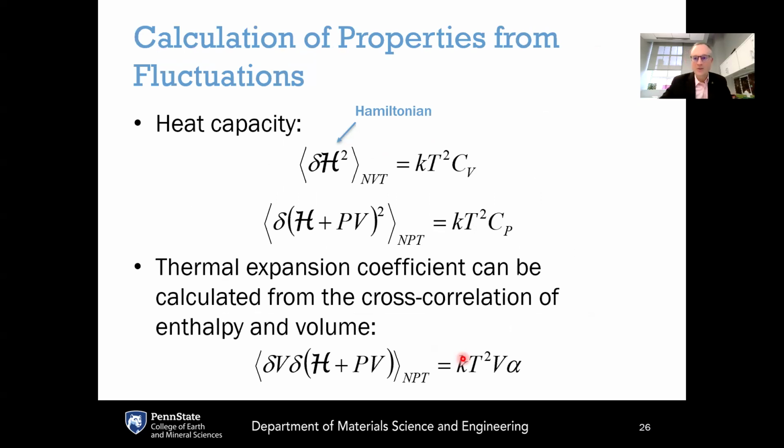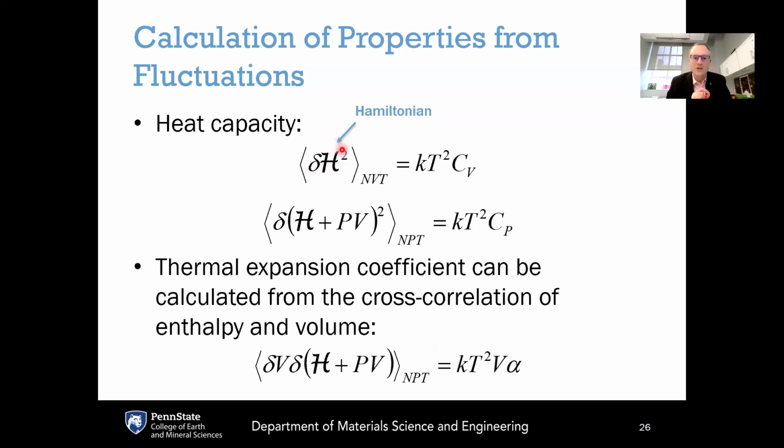Now, one of the cool things about MD simulations is that we can get not just average values of properties, but also fluctuations in properties. And those fluctuations relate back to macroscopic properties. And we've got a whole chapter about that later in the book, the chapter on fluctuations in condensed matter. But just as a sneak peek, for example, you have the average here of the